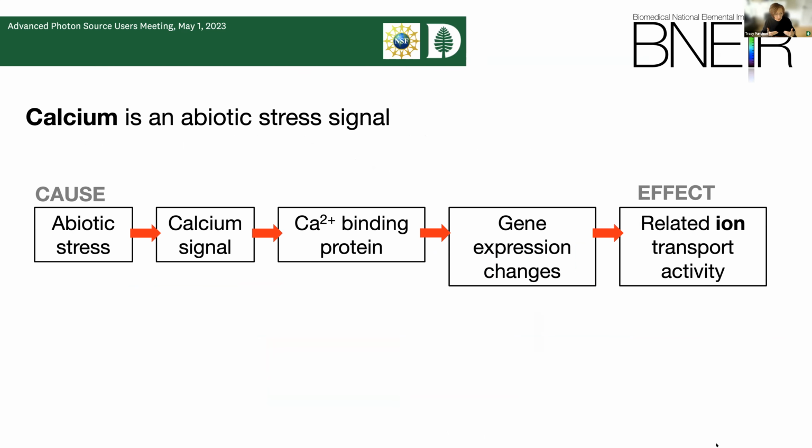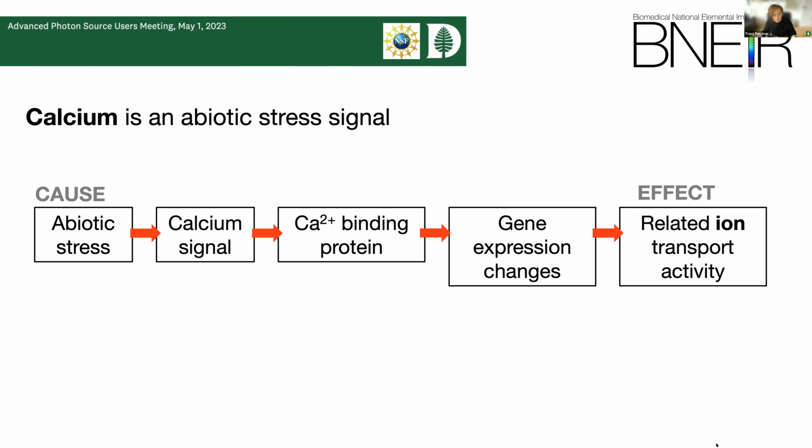So in the cascade of cause and effect, there's an abiotic stress. This is like an environmental stress, not a pathogen, not a biotic stress. You get a calcium signal in plants. This then triggers binding with a calcium binding protein. Then you get gene expression changes, and those gene expression changes start affecting the distribution and abundance of other ions in the plant in response to the abiotic stress. And you can imagine that those downstream effects are meant to protect the plant or help the plant adapt to